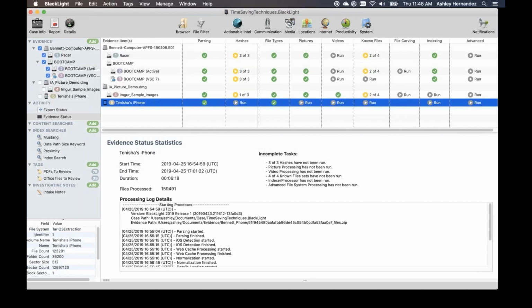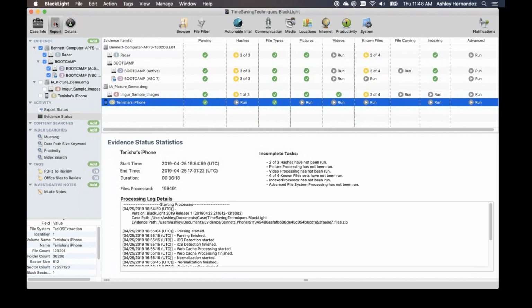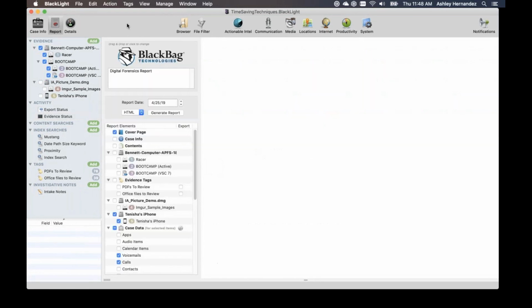The other piece is sometimes just doing an early report. Our reporting is really simple, and we can look at a report here that is going to be just on this phone that I have ingested.